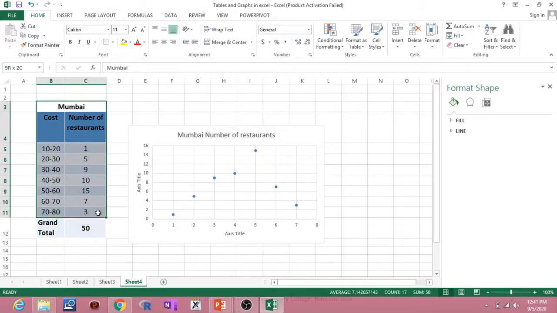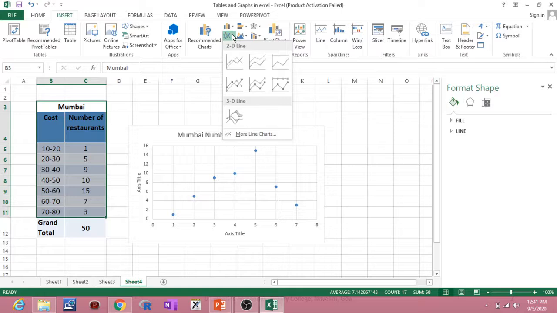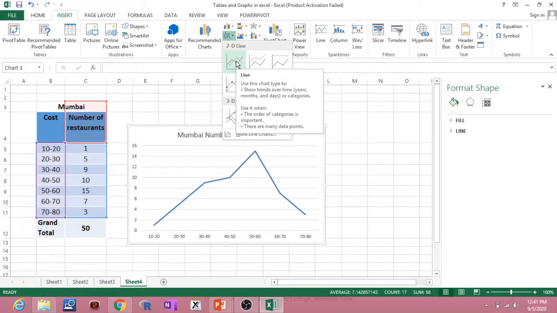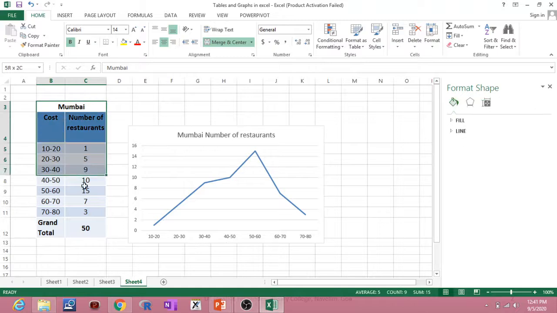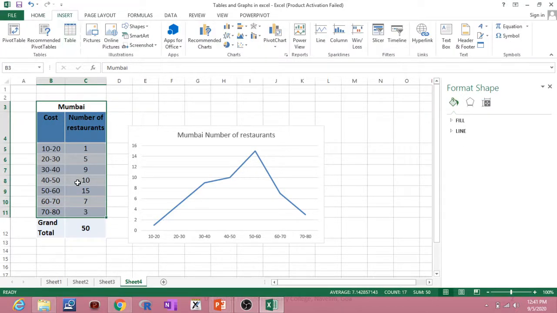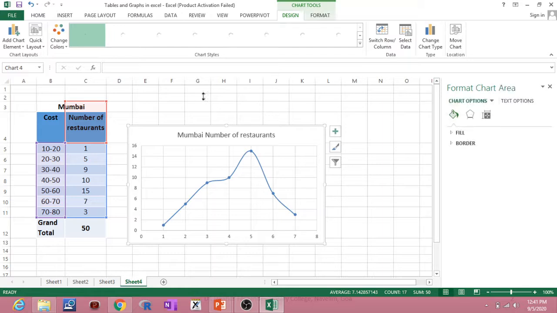Now in case you want a frequency curve or a line graph, you can go again to Insert, where line graphs are here. This is the line graph. In case you want a frequency curve, the same way you select this table, and this will be the frequency curve. So you just go to those Insert options and choose whichever graph you want.